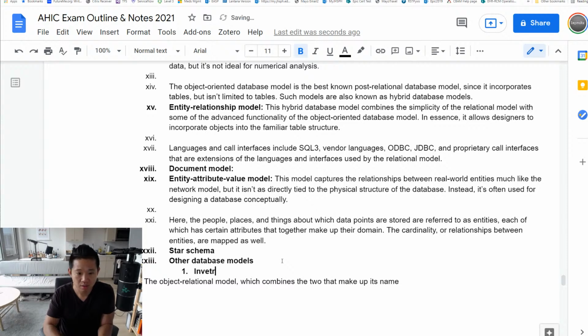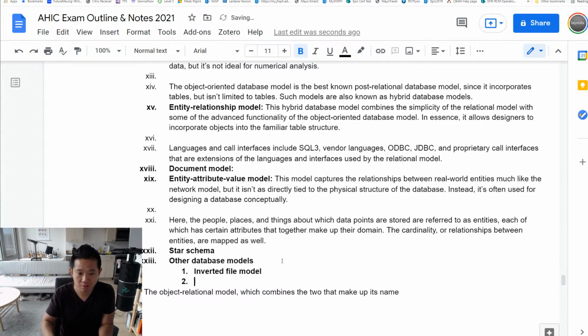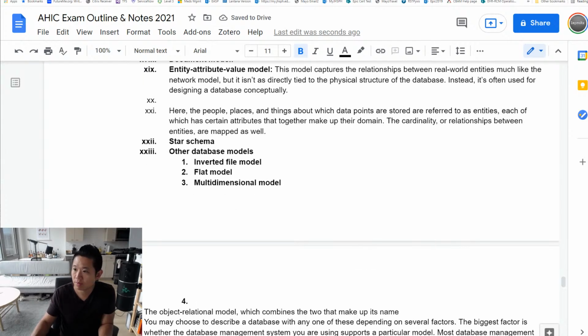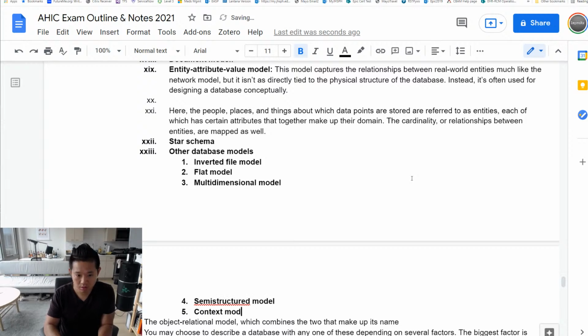So we have inverted file model, flat model, multi-dimensional model, semi-structured model, context model,